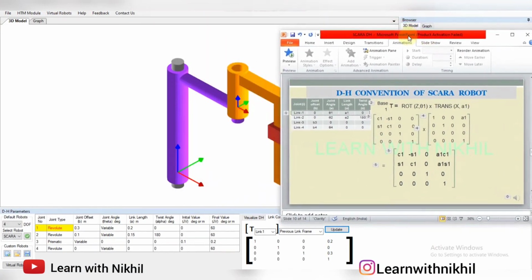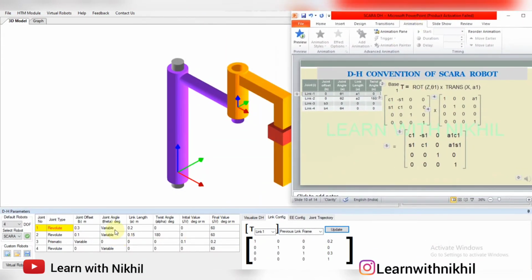If you substitute these values, that is theta 1 as 0 degrees, A1 as 0.2, and for B, here the B value is not considered, we have considered it here as 0.